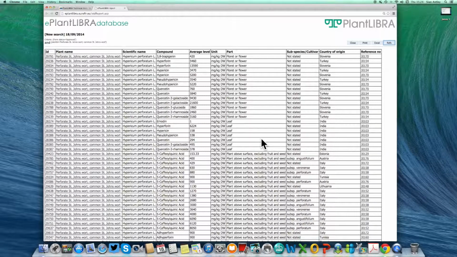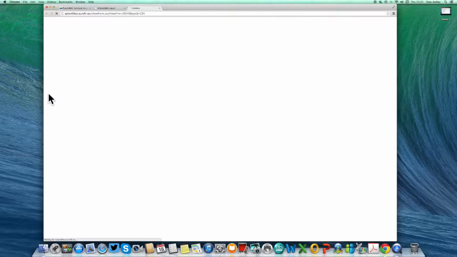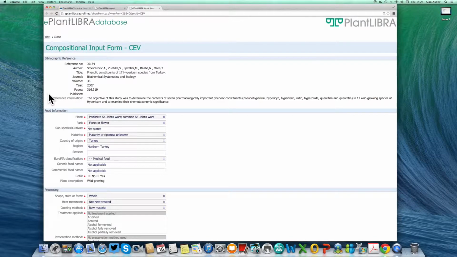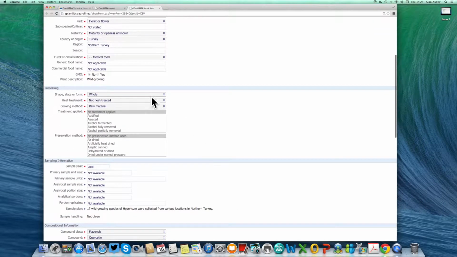Within this report, you can see that there are unique numbers. Each individual piece of information in ePlantLIBRA database is stored separately. So if I click solely on one of these, for example, this I'm interested in, this level of quercetin, this will open the individual input form for that one data point, which has been collected by the evaluator who's added the data. So that's information on the plant, where the plant was grown, how it was grown, any information on